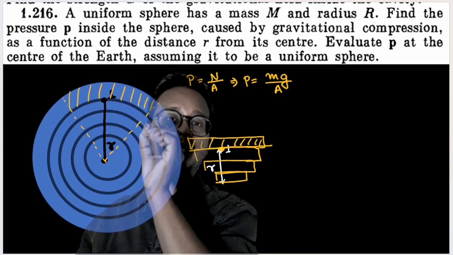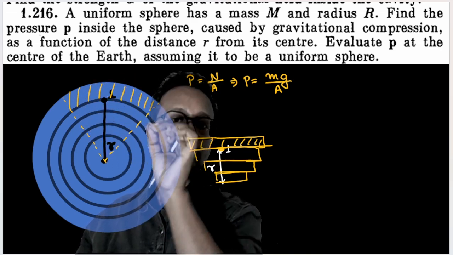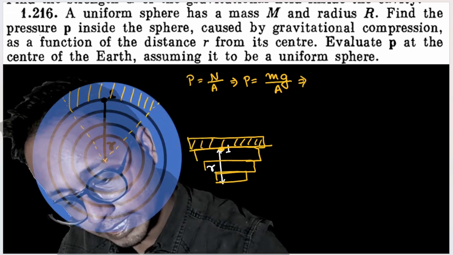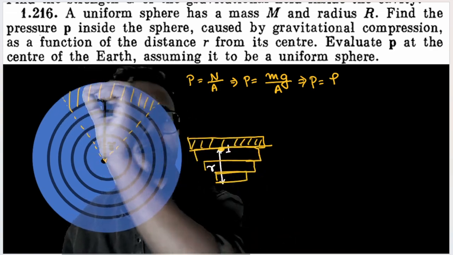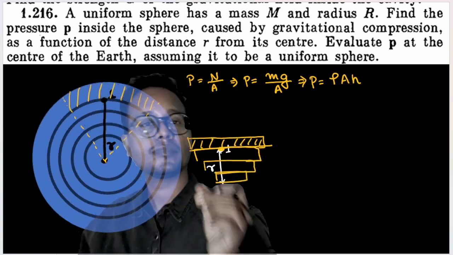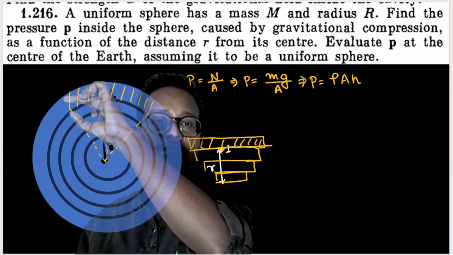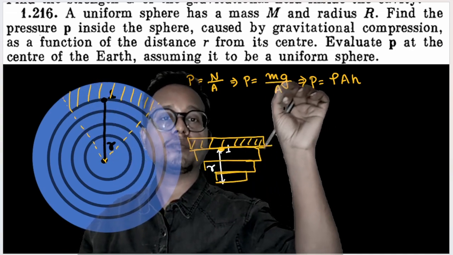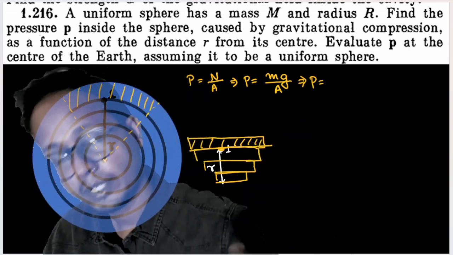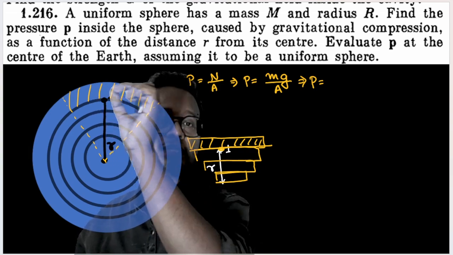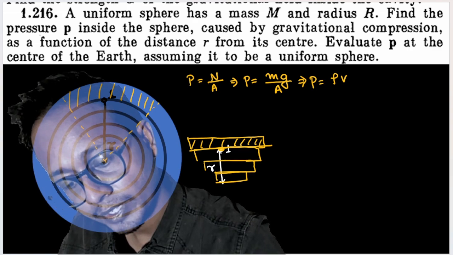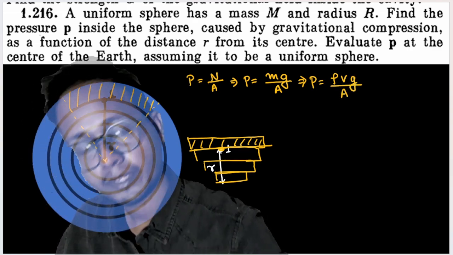This much amount of mass is nothing but density of this water into area into this much amount of height, isn't it? So pressure is nothing but density of this much amount of water into area into height, isn't it? Mass is nothing but density into volume. Okay, volume is nothing but area into height. Let me again break this down. Okay, mass of water above point 1 is nothing but density into volume. Okay, pressure is nothing but density into volume into g divided by A,